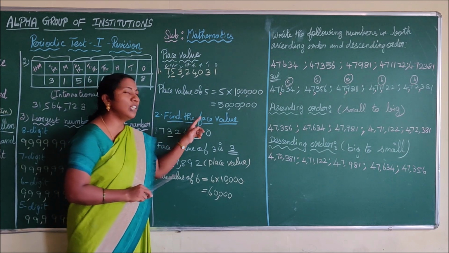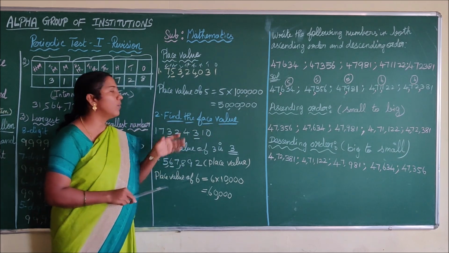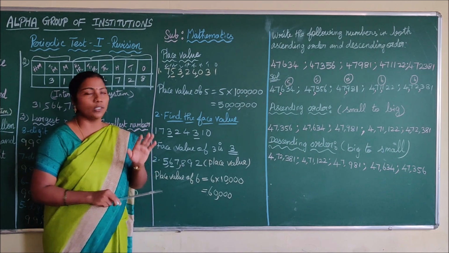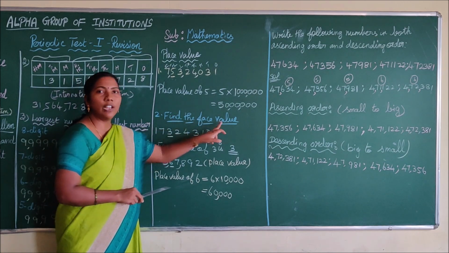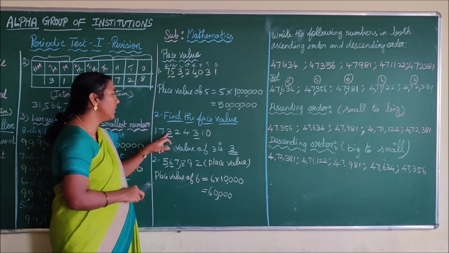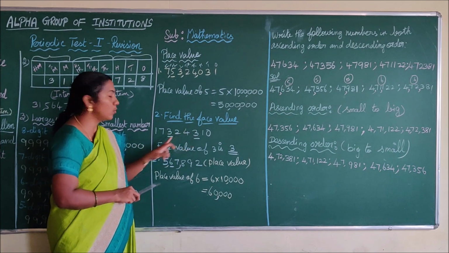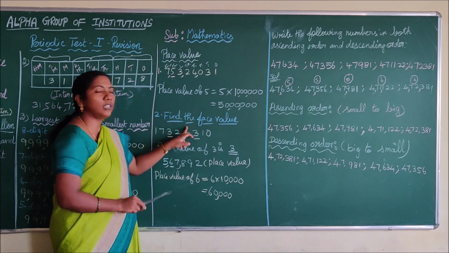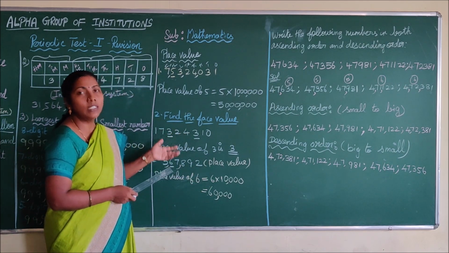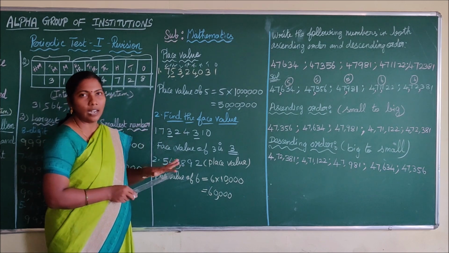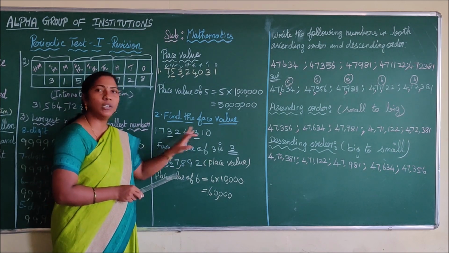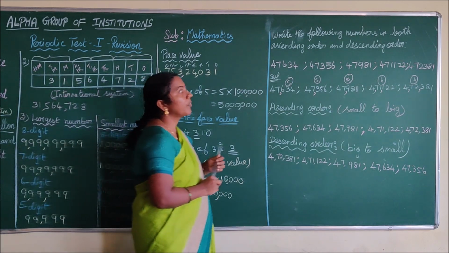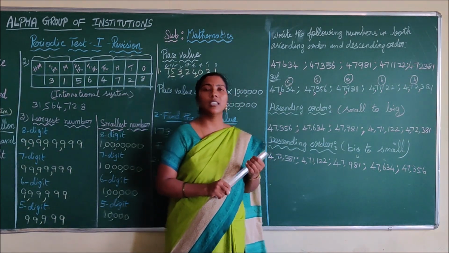Next we are going to see face value. It is a very easy sum. Where the question is face value, it means write the number as it is. What is the underlined digit here? 3. So the face value of 3 is 3. If they are asking for face value, you have to write the number like that. So 3 means 3, 4 means 4. Okay. It's clear, children.